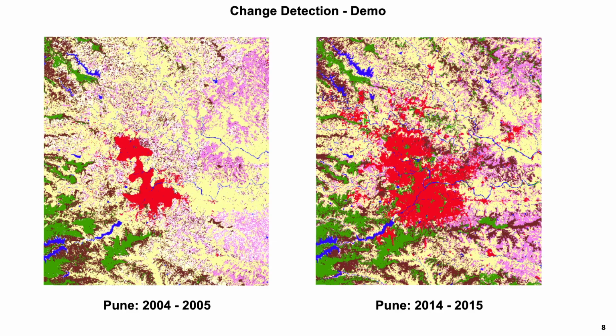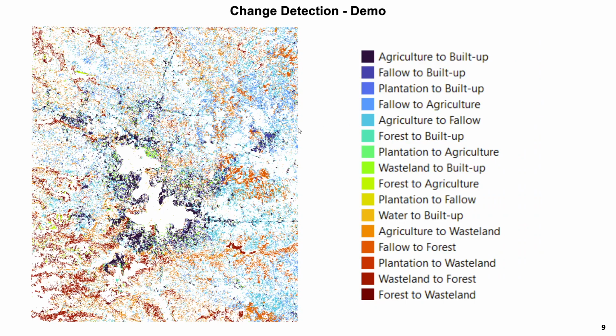So you can see how much difference has taken place in the urban part, how much the urban area has grown in just 10 years. So we are going to estimate that. Once you do the change detection in QGIS, it will result in a map like this. You can see what classes have been converted into some other class. Blue means fallow to built up, plantation to built up. So you can see which pixel has converted into which